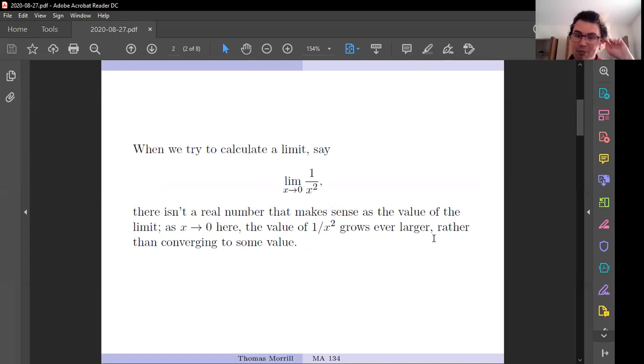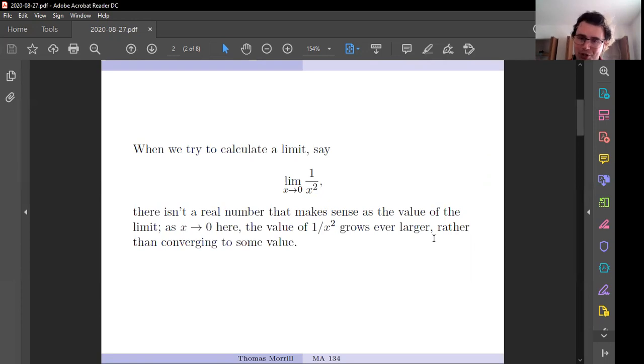And I'm going to calculate this limit as x tends towards 0. Now, as x is getting smaller and smaller, I'm dividing by smaller numbers, which means that this function, y equals 1 on x squared, is getting larger and larger without bound. I can make it larger than 100 when x is 1/10 or less. I can make it larger than 1,000,000 when x is 1/1000th or less. I can always make this larger by taking smaller values of x.